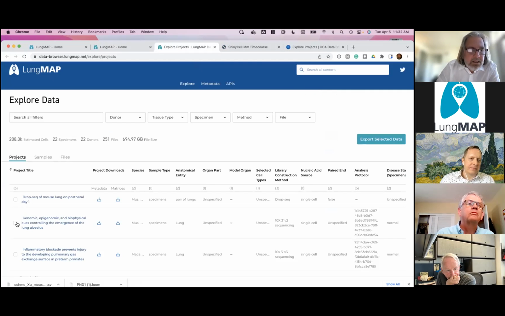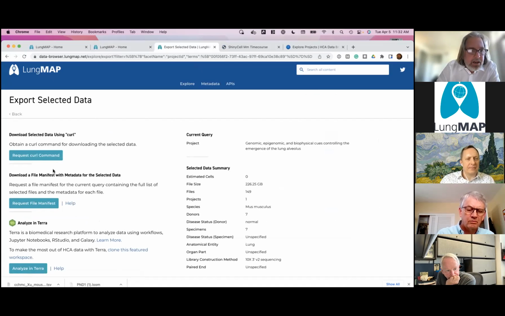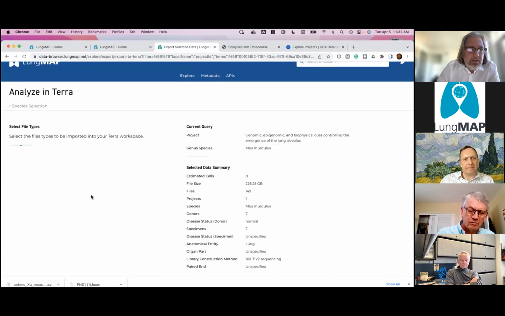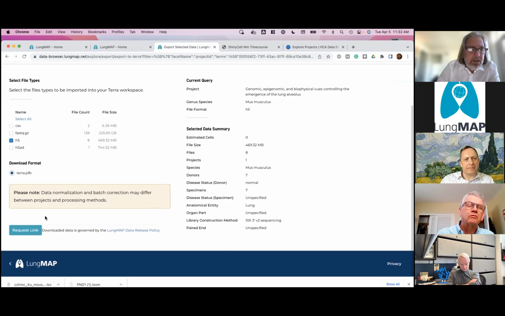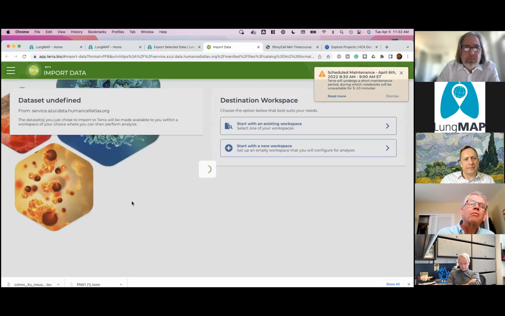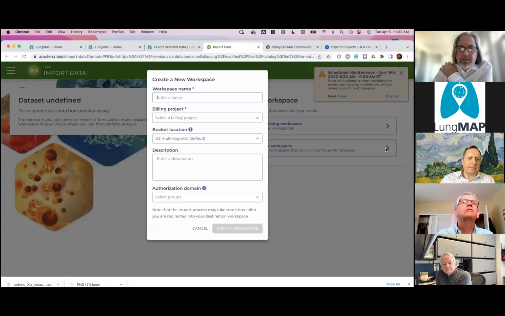I can also select this single project here, export the selected data there, and then I can select Analyze in Terra here, and confirm the species I wanted. I'm going to select the H5s, and I'm going to get a link to export in Terra. And so this has sent me over to Terra, and it's saying I can start with a new workspace, or I can go with an existing workspace. I happen to have a billing account set up, so I'm going to go with a new workspace, and I'm going to call it LungMAP